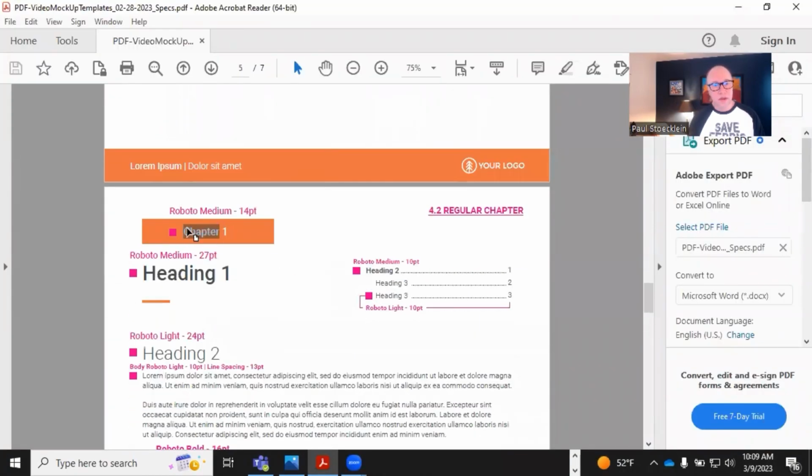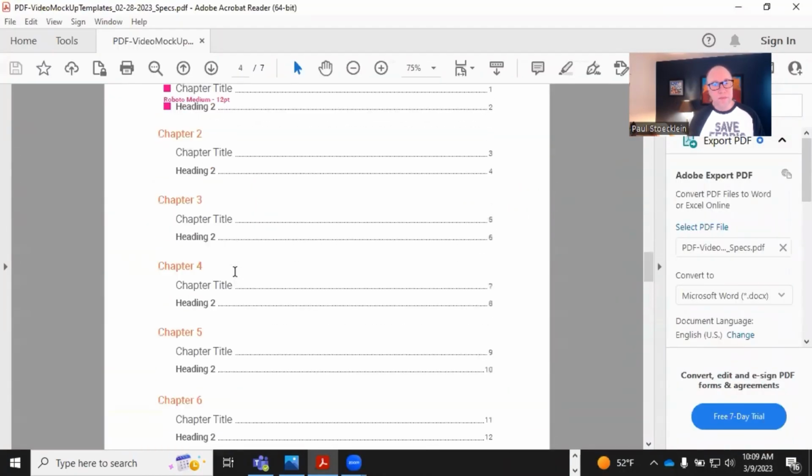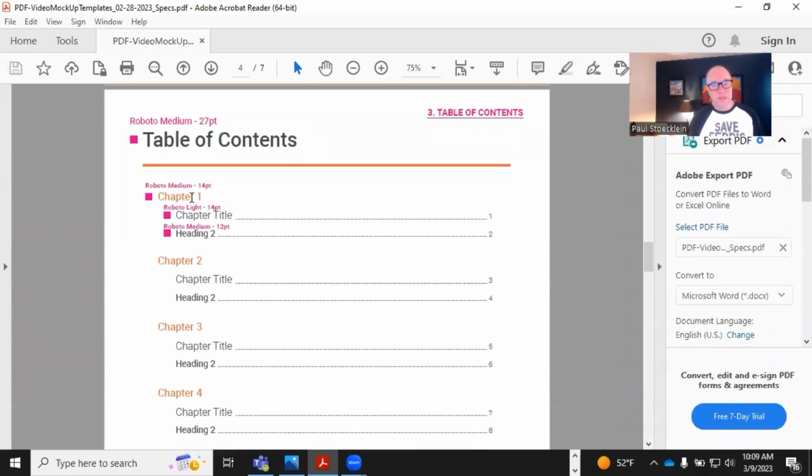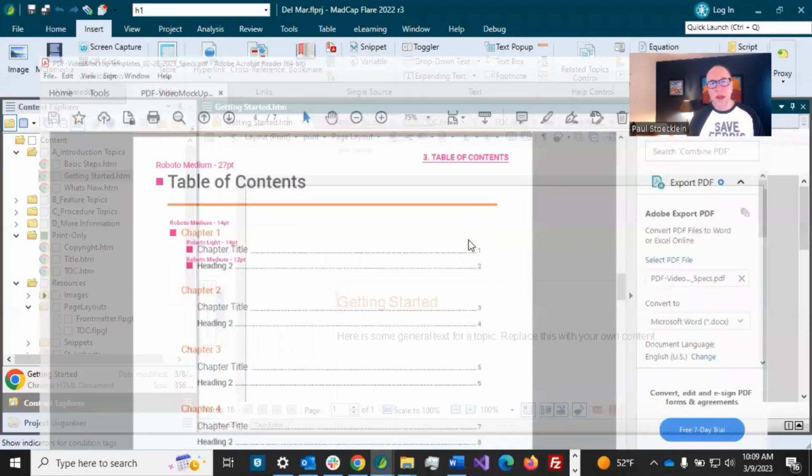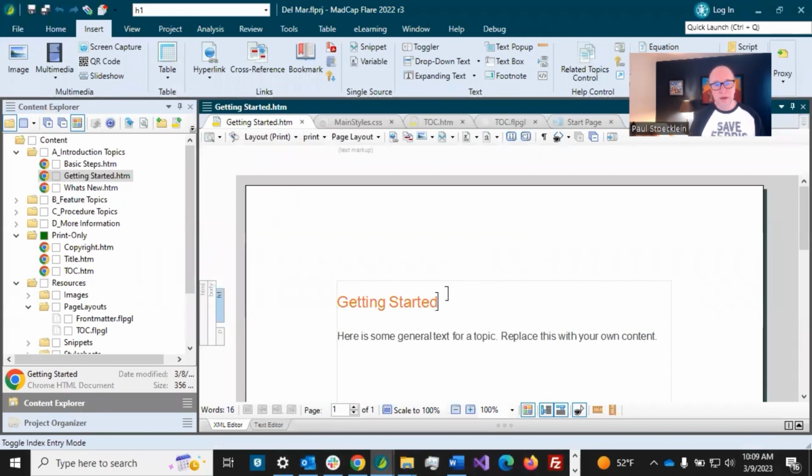It would be above it, and that way it would be separate here. But what I'm going to do is something a bit unorthodox, actually even more unorthodox than that, because that's kind of unorthodox too. What I'm going to do is create a separate topic